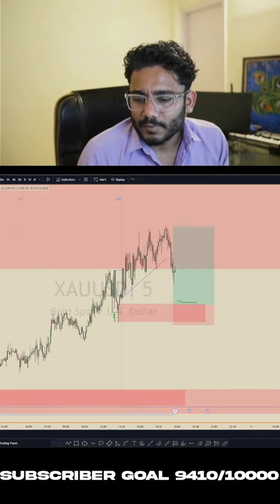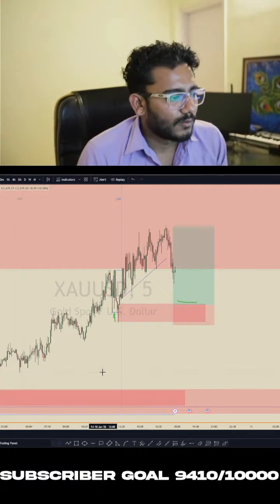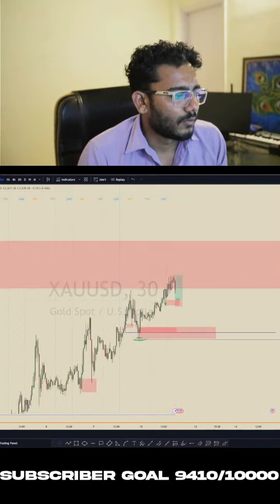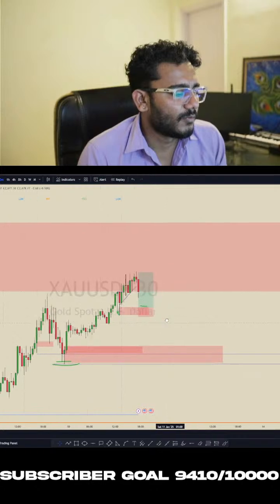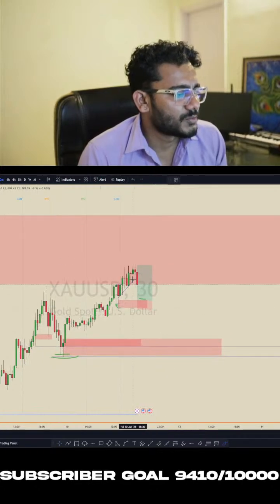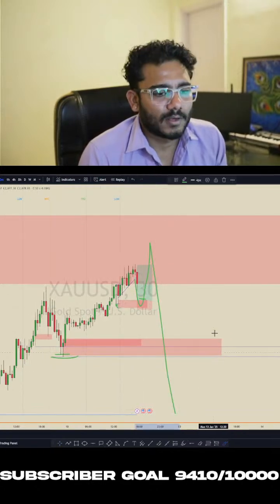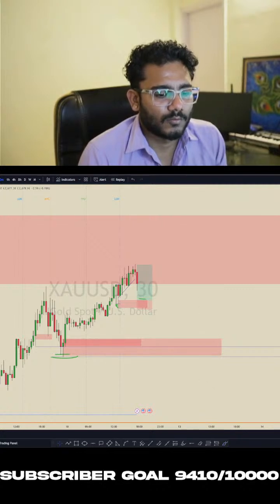I have also marked that zone since last night, but movements are very slow. True. We want to see some kind of liquidity taken. I think before going to the downside, price should sweep some liquidity and then it will continue the downside. So that's what I'm looking for.